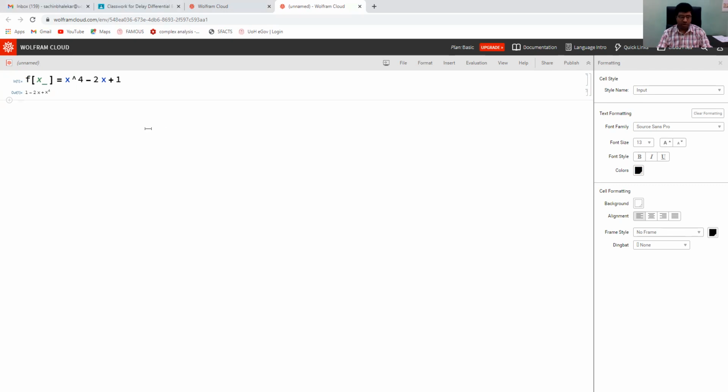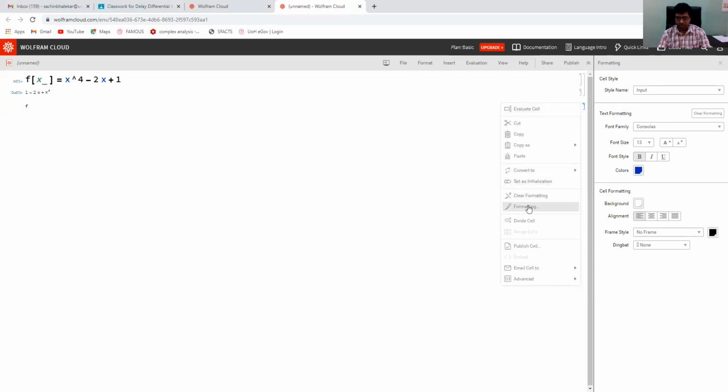Suppose we want to evaluate this function at different points, say f of 4. Everything you should put in square brackets. This is the answer, 249.